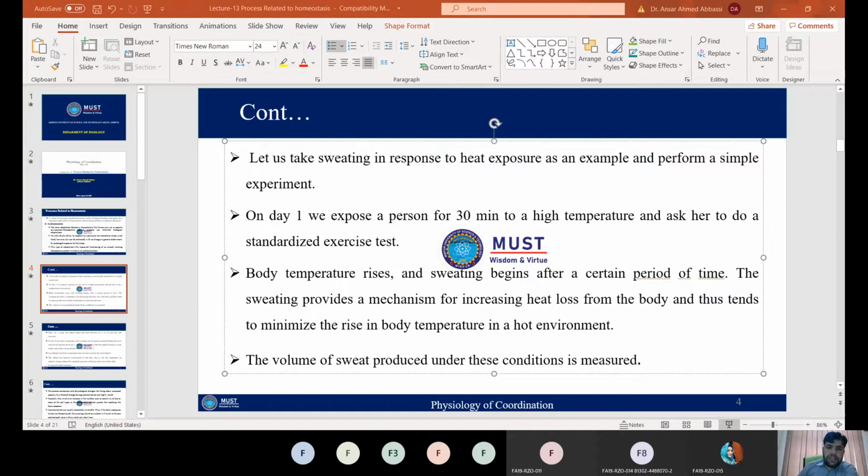But if the acclimatization is induced very early during the developmental stages, that is, a critical period for the development of a structure or of a response, in that particular case it will be called developmental acclimatization, and it may be irreversible. So normally, most of the time, acclimatization processes are reversible. But if the acclimatization occurs during the early stages or the critical period of development, then those acclimatization processes are irreversible, and those are called developmental acclimatization.